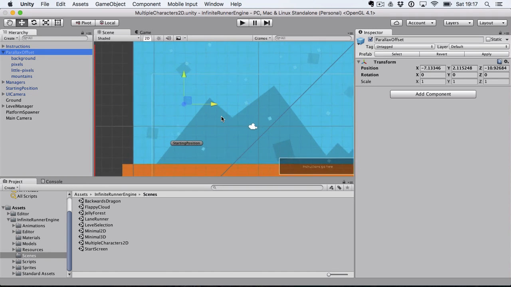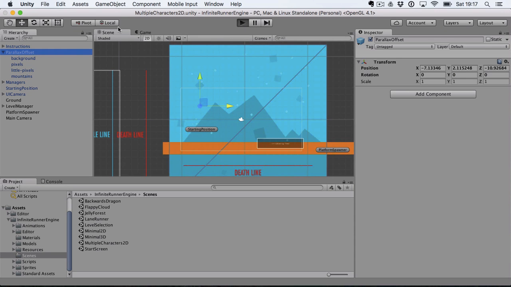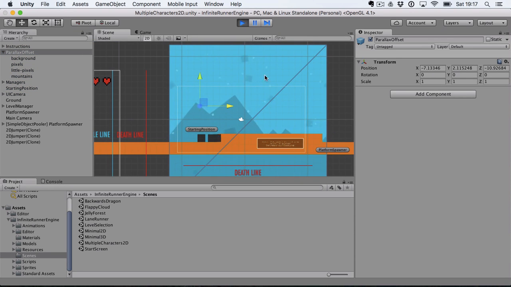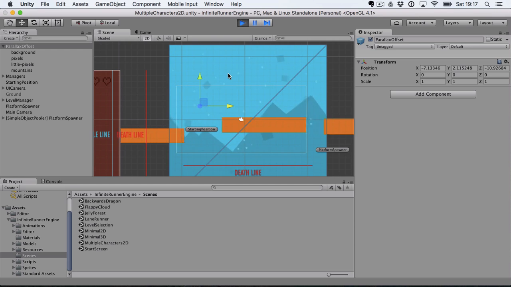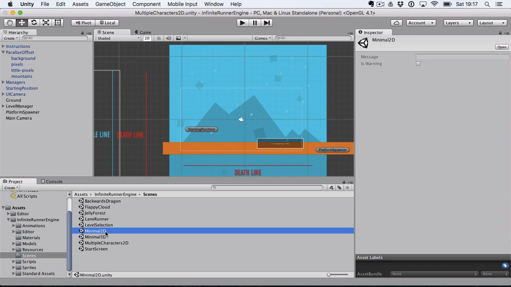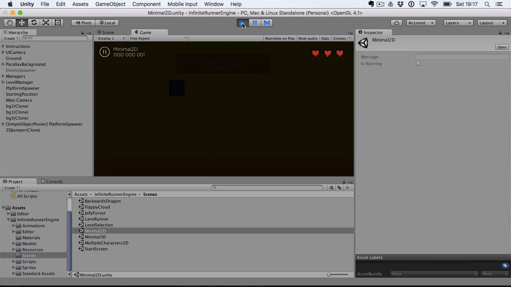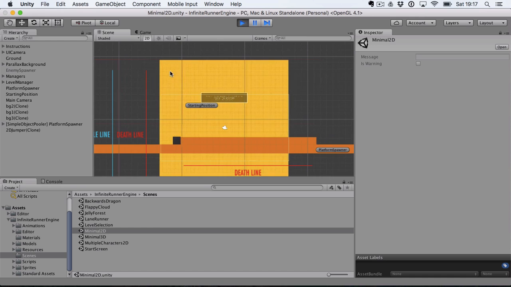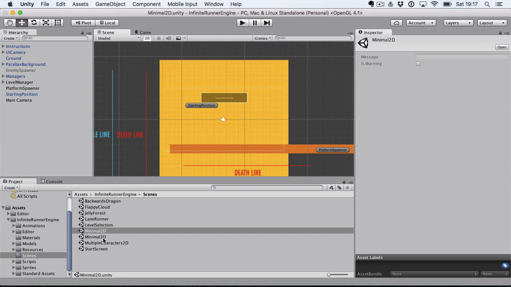So the difference is that if you look at how the scene goes once I play it, you'll see that the prefabs are not moving, it's actually just offsetting the texture. That's one solution, and if you look at how it works in the minimal 2D scene, you'll see that it's actually the same on this scene, but